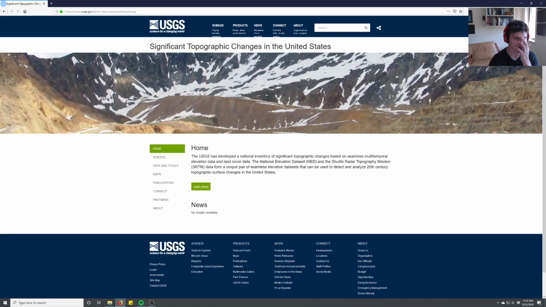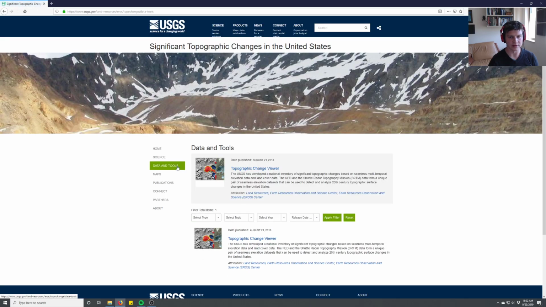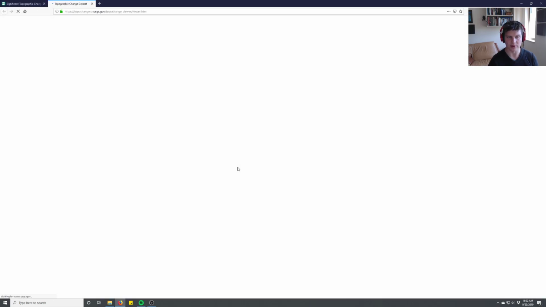So we'll go ahead and click on this link here, and you can sort of read about this project here, but basically they compare one elevation data set, which is the National Elevation Data Set, which is compiled by the USGS, and another one, which is the Shuttle Radar Topography Mission, which is a satellite that records elevation as it passes over the Earth. And the way we're going to do this is go into their data and tools. We'll look at this topographic change viewer,